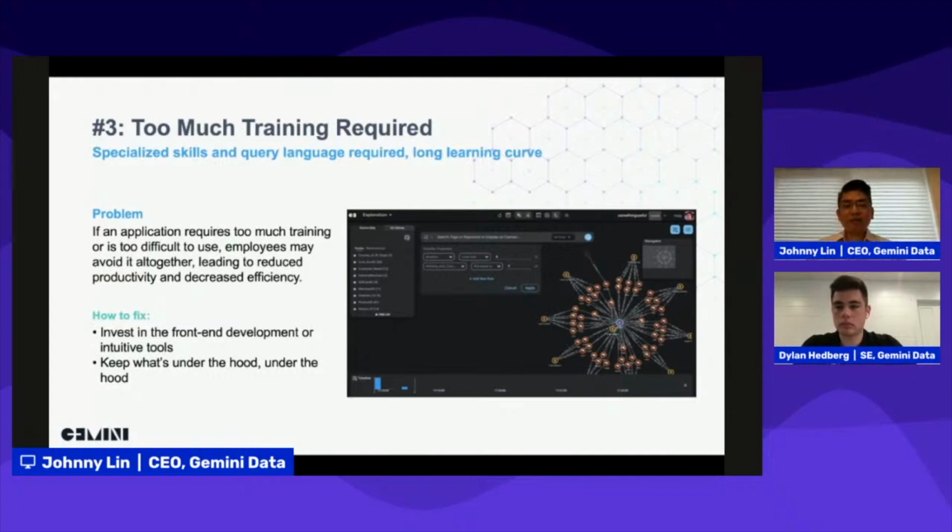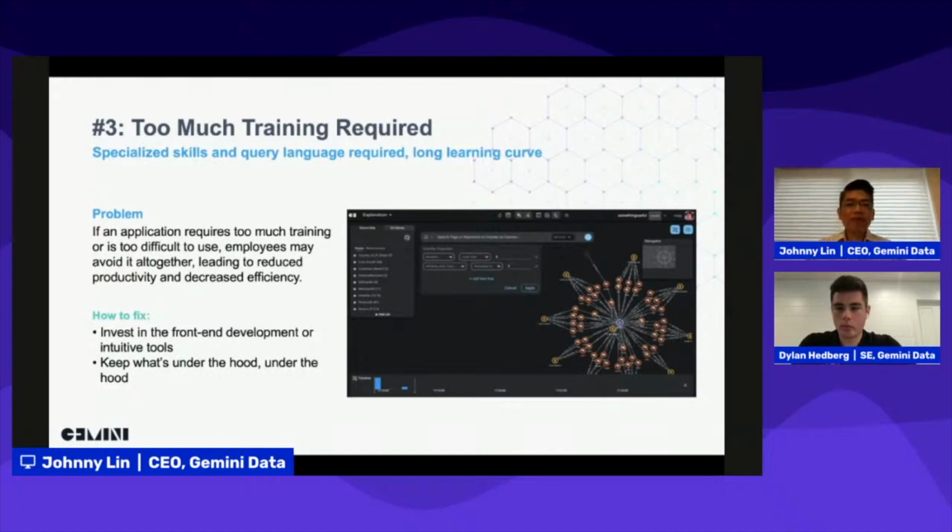So how can we make this simple, so that they can cross the barrier of learning? That's what we're talking about here. So to make a graph data project successful, you will have to consider investing in front end development, or introducing a third-party intuitive tool that helps drive the user experience, making it easier and simpler for people to access and use graph data, and keeping what's under the hood hidden.